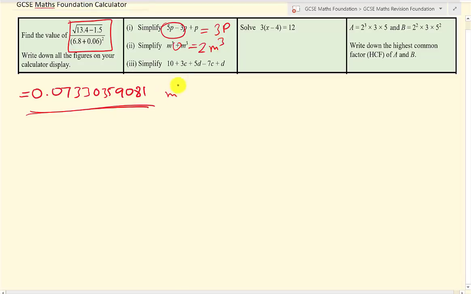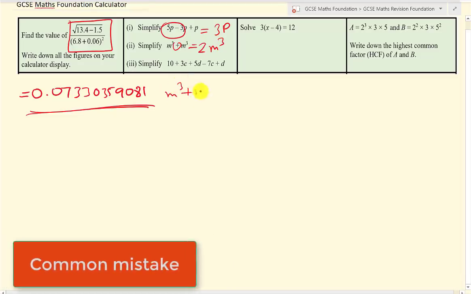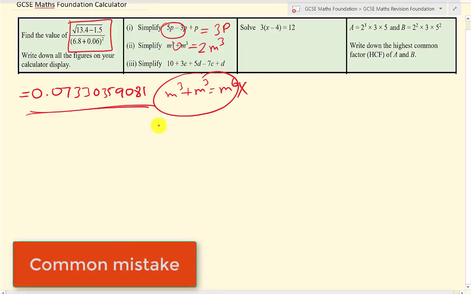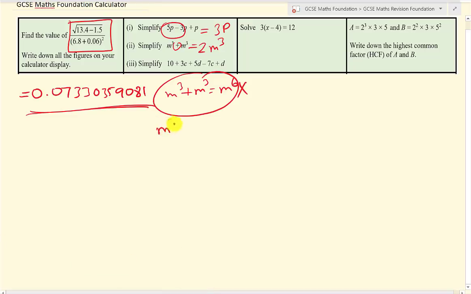Sometimes students make the mistake of thinking it's multiplying, so they write m to the power of 6. That is completely wrong. Only add the powers if you are multiplying. So if the question was m cubed times m cubed, that would give us m to the power of 6. But when you're adding, you're just adding the two terms. Simplify